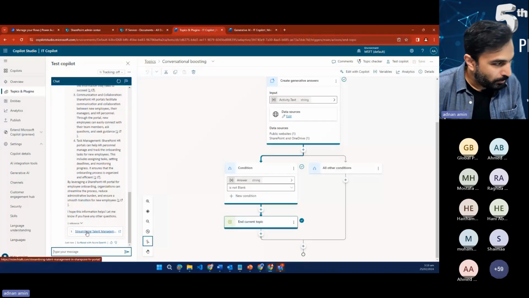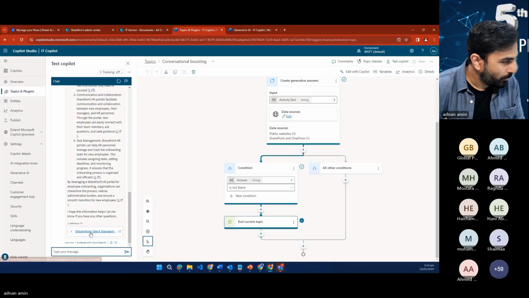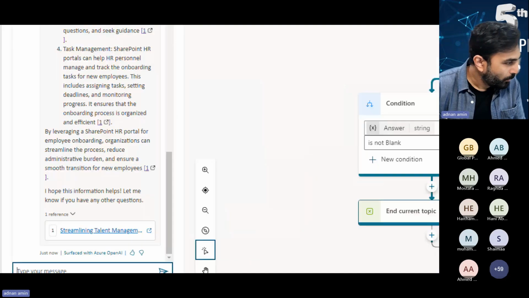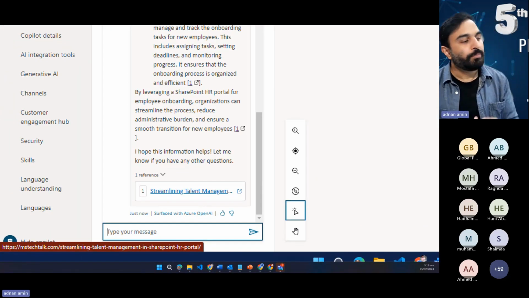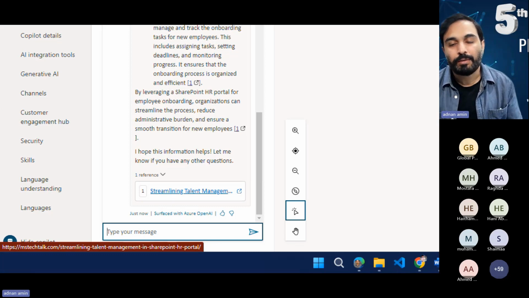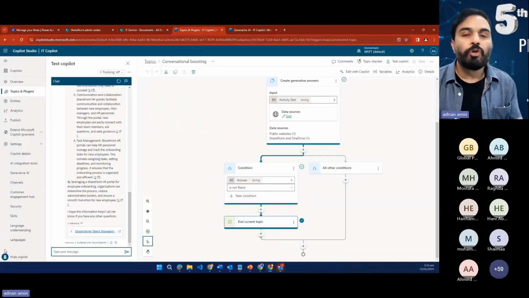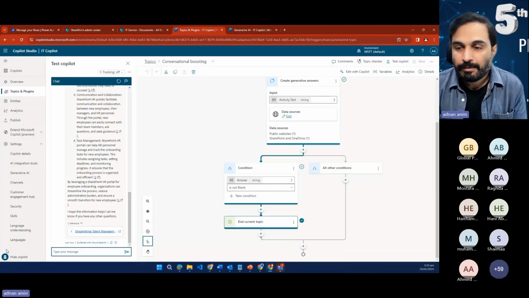I will mouse over on it. Oh, it again went to my blog, not going to the SharePoint site. So what could be the reason here? It seems that